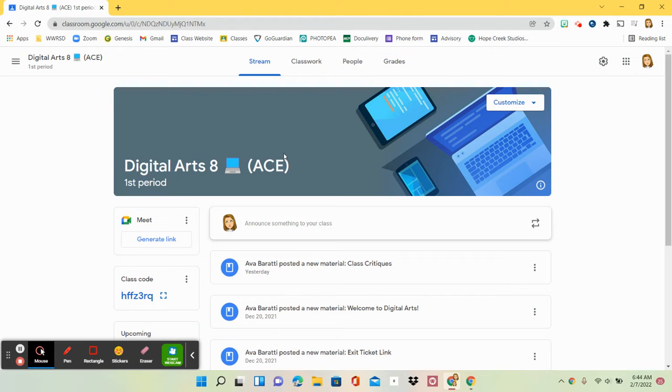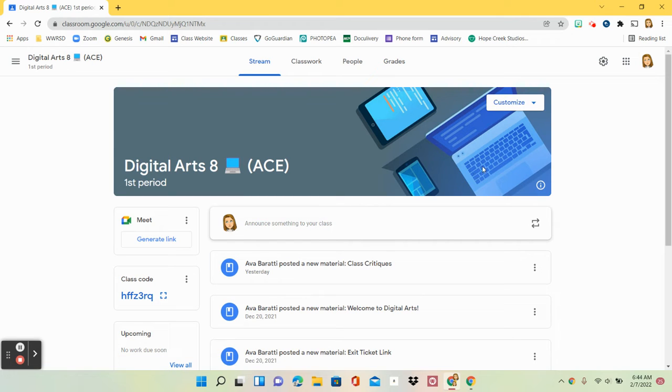All right, you guys, this is going to be the first practice assignment for digital arts this year. So I'm going to try to make this as simple as possible just so you can get used to the Photopea system. That way we're not too overwhelmed by the first project. So I would say to start off,